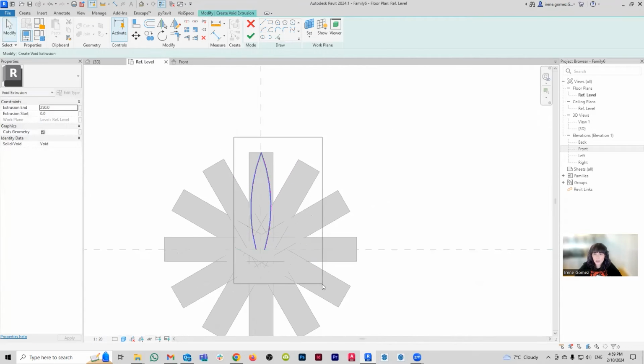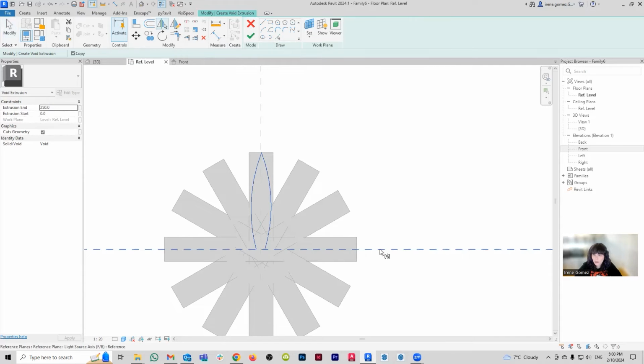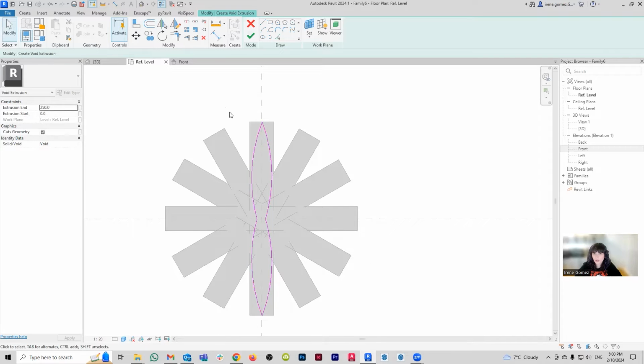And then I can also array this guy. I don't need to copy it one by one by one. Well, it's not going to let me array here. So let's see, can I mirror it? I probably can. Mirror there. Okay, so that's two of them. Now let's say mirror it again. I'm always going to try to do things as lazily as possible. Sometimes it works, sometimes it doesn't. Okay, so I have 4 of them.